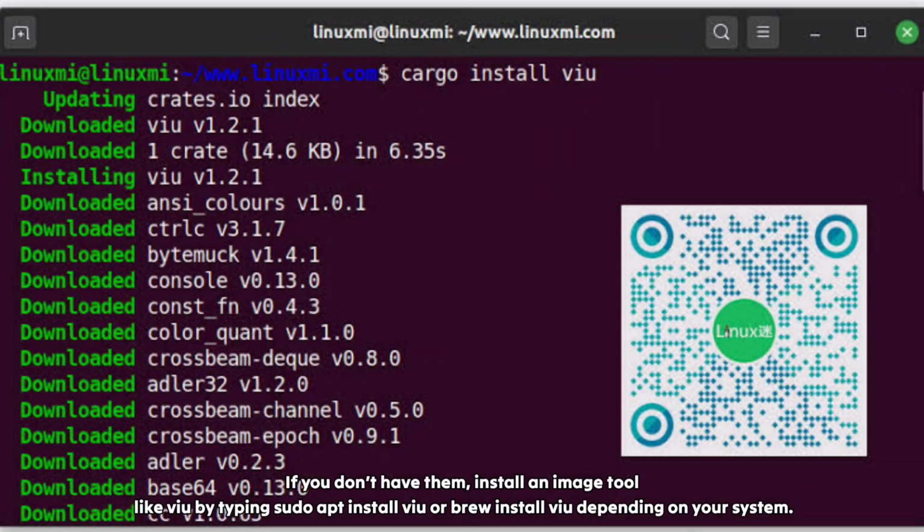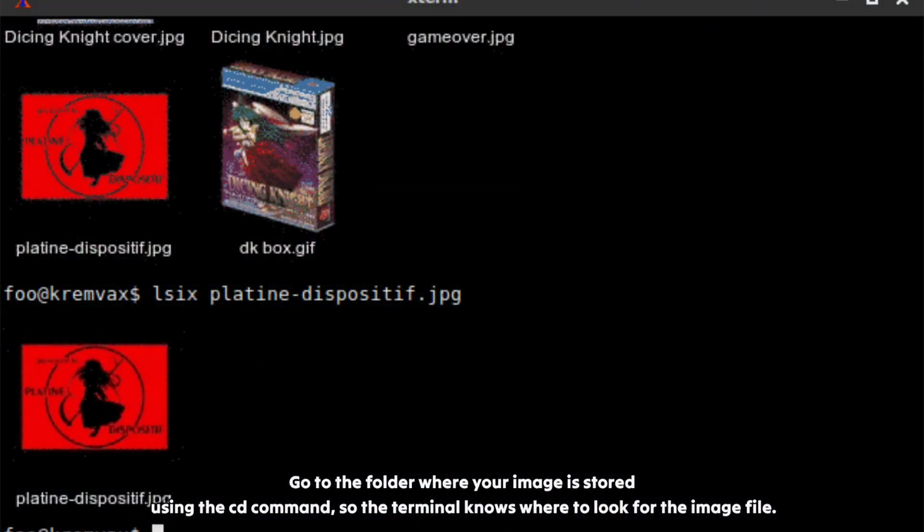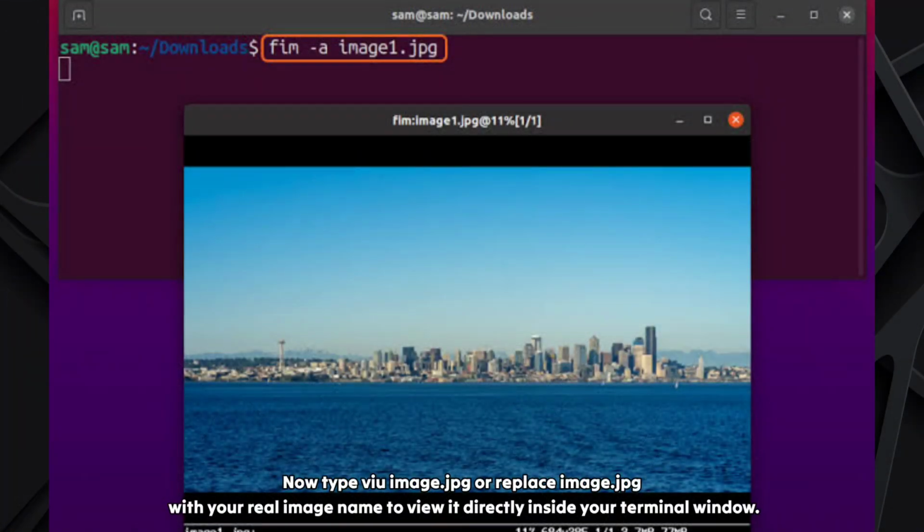If you don't have them, install an image tool like viu by typing sudo apt install viu or brew install viu, depending on your system. Go to the folder where your image is stored using the cd command, so the terminal knows where to look for the image file. Now type viu image.jpg, or replace image.jpg with your real image name, to view it directly inside